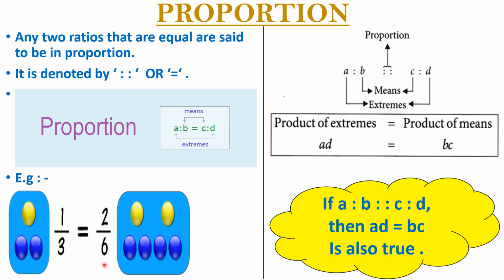Remember children, in proportion, if two sets of the given numbers are increasing or decreasing in the same ratio, then the ratios are said to be directly proportional to each other. To understand better, let us take another example. The time taken by a train to cover 100 km in 1 hour is equal to the time taken by the train to cover a distance of 500 km in 5 hours, such that 100 km per hour equals 500 km per 5 hours.